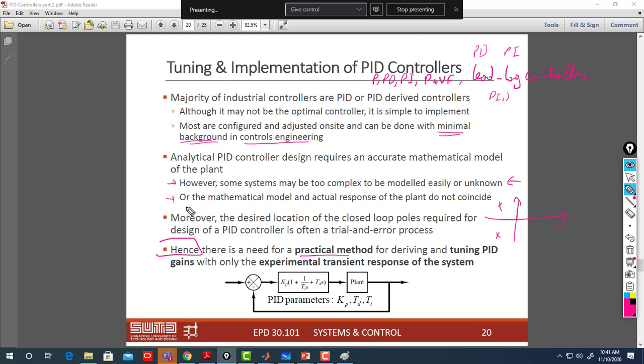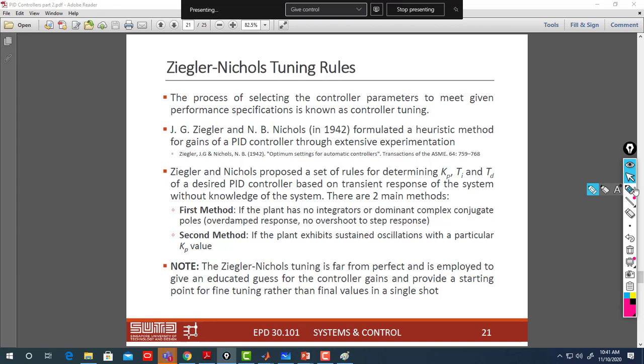Anyway, so now how to practically, in these few minutes, tune the PID parameters. You have two methods, and these two methods are based on extensive experimentation done by Ziegler and Nichols in 1942, and they established, based on these experiments, a